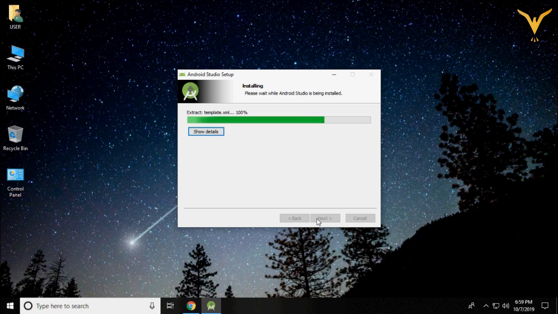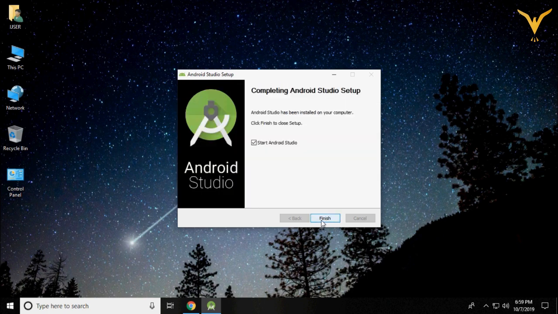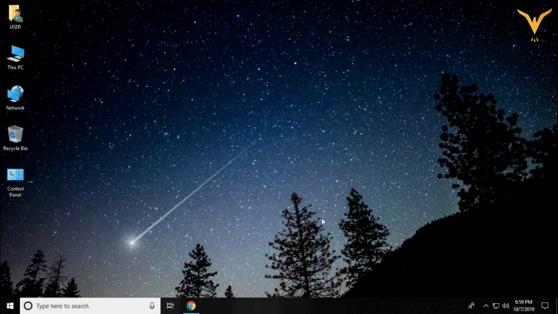It completely depends on your machine. Yes, setup is completed. Click on finish. So we are done with the setup of Android Studio.